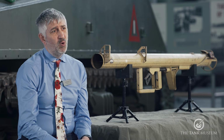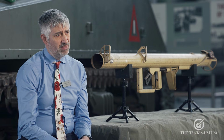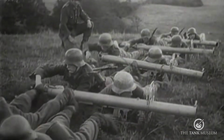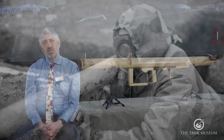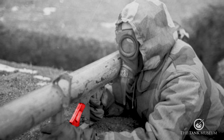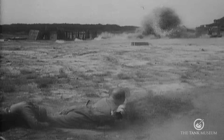The operator then pulls the cocking handle to the rear until the safety is engaged. The loader inserts the rocket into the launch tube. The contact is then plugged into the contact box. Now the Panzerschreck was ready to fire, and the operator could depress the safety release on the cocking handle, which would spring forward. With the trigger engaged, the operator could use the rear and front sights to line up the